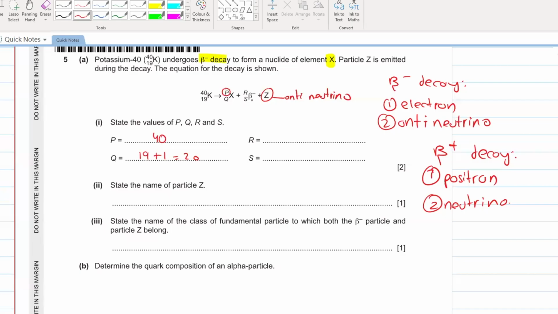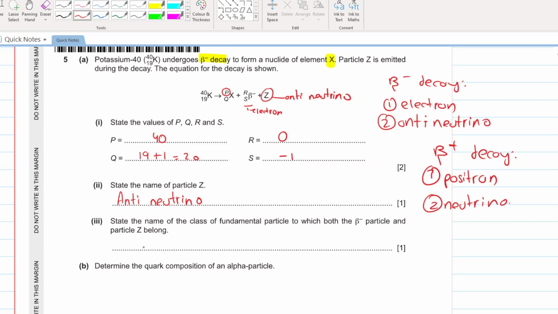This particle, beta negative, is an electron. Son, what is the mass number of an electron? 0. And the proton number of an electron? Simply -1. Sorry, this is your answer. State the name of the particle Z. If we had initialized a little theory earlier, we might know that Z is an antineutrino. State the name of the class of fundamental particles to which both the beta particle